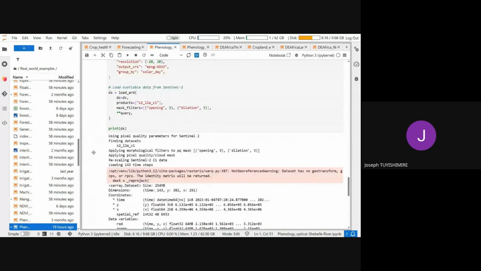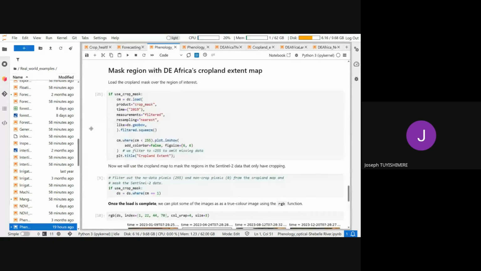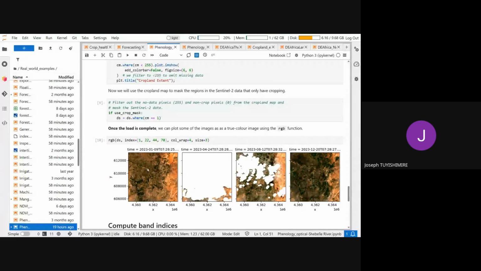And then you can apply the crop mask, as I was saying, then adjust our analysis on only croplands, and then these are examples of randomly chosen RGB images, and you can see some are cloudy, like this one of 24th of April 2023, one of 12 August 2023, but at least the one of 9 January 2023 and 20 December 2023 are clear enough.